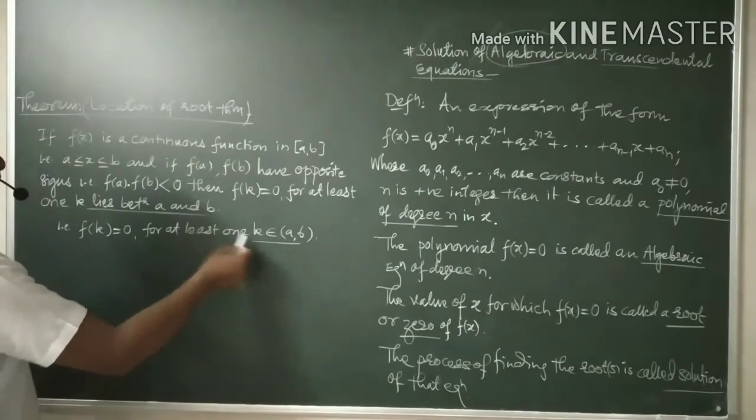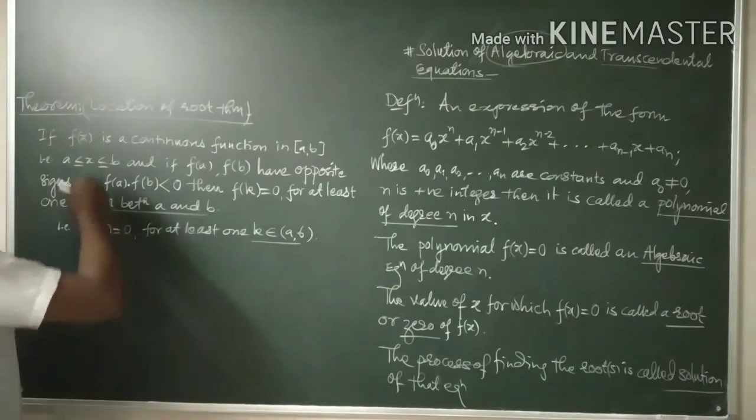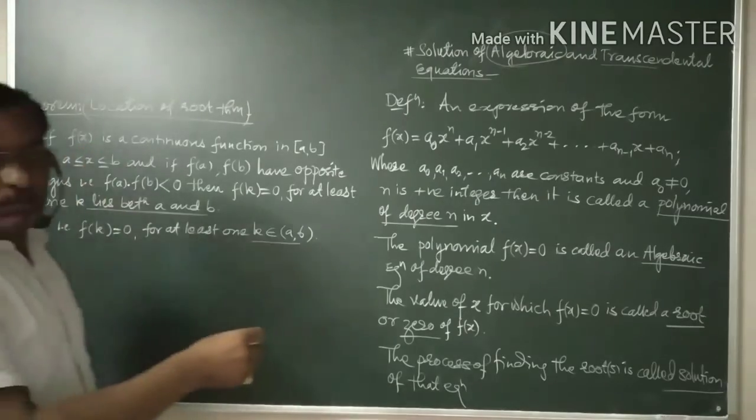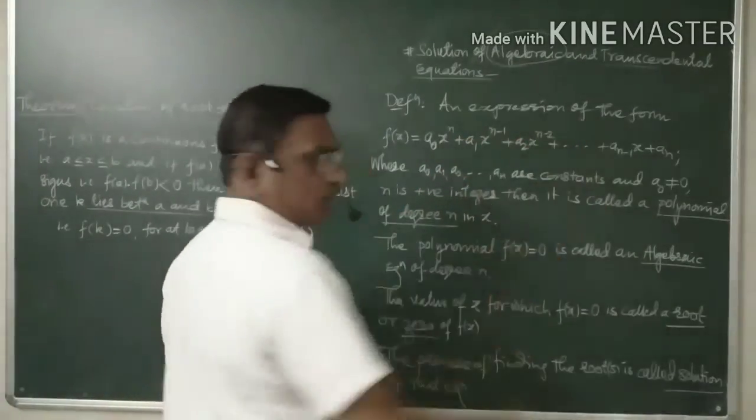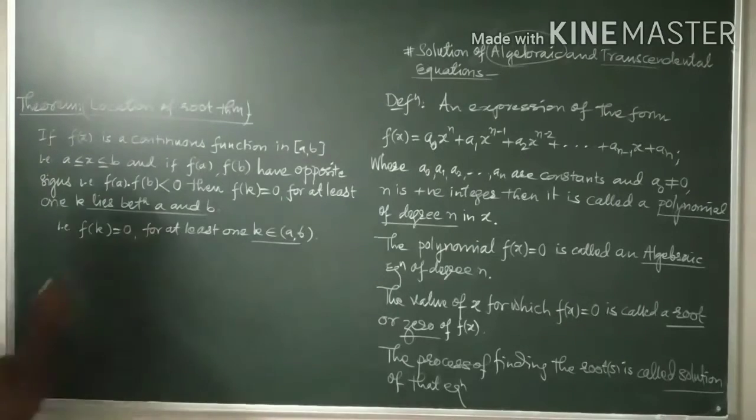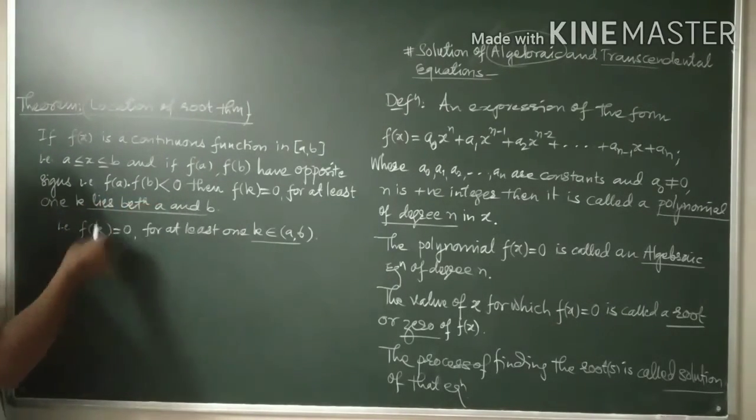This value may be 1, 2 or 3, whatever it may be; it will depend on the degree of f(x), as we have noted here, an expression of the form. Okay, and that's why this is here. Now, whenever we talk about f(a) into f(b) less than 0, or f(a) and f(b) having opposite signs,